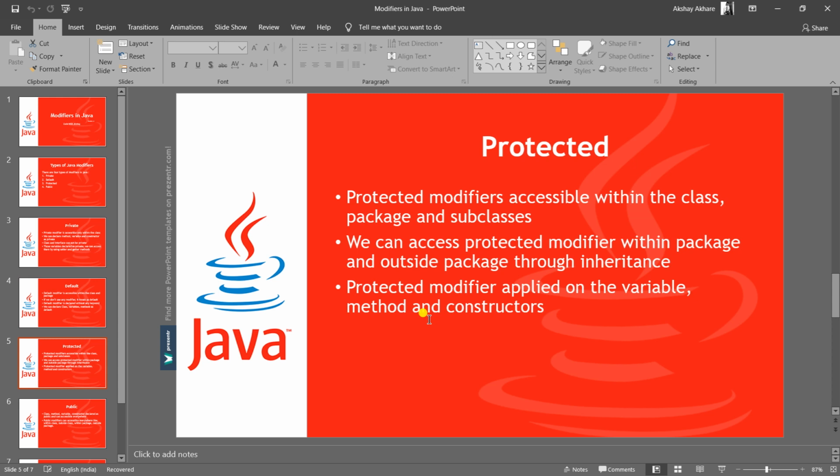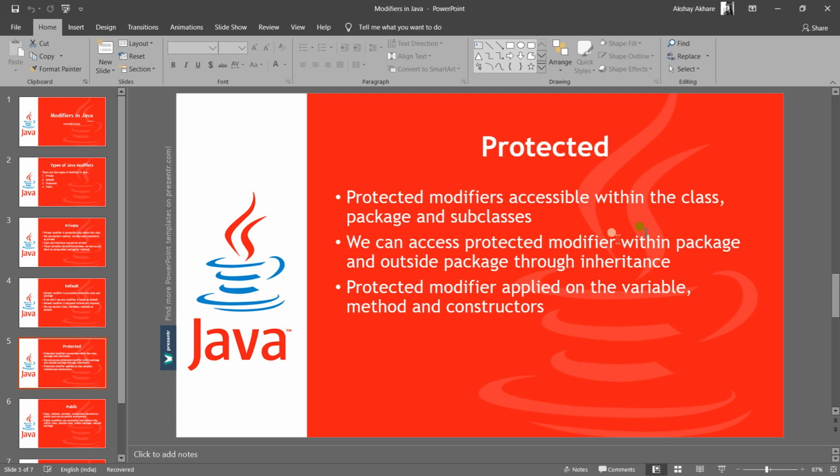Okay, so the protected modifier is accessible within the class, package, and subclasses, right? We can access protected members in the same class, in the package, and in subclasses also.